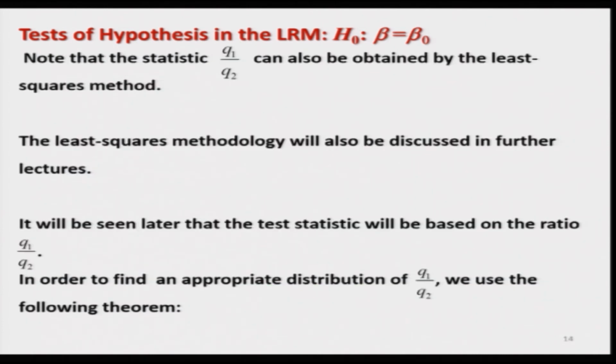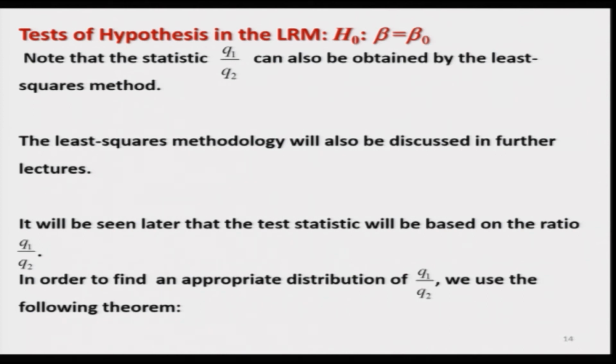Now, the question is how to find this c, but before that I would like to give you an idea so that you are comfortable, as we discussed in the beginning, about the utility of understanding the least square principle and the maximum likelihood principle for obtaining the